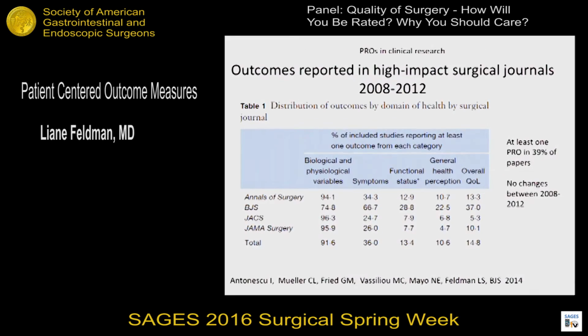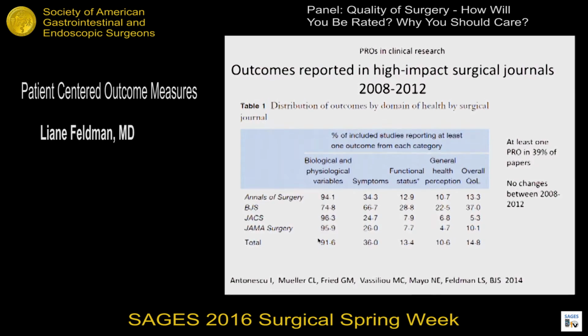So how are we doing in surgery in outcomes reporting? I mean, people have been talking about the importance of patient-reported outcomes for many, many years. And in surgery, if you look at, this is basically a scoping review. It took all clinical research papers published in some of our higher impact journals, and it classified them according to the Wilson and Cleary model. And you can see that still